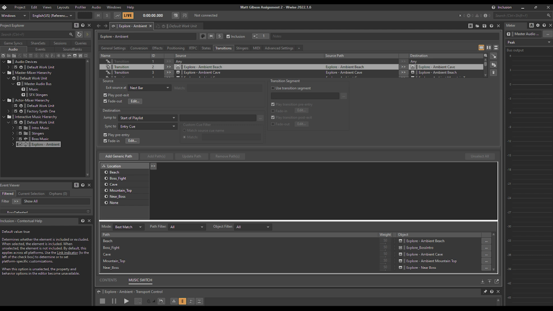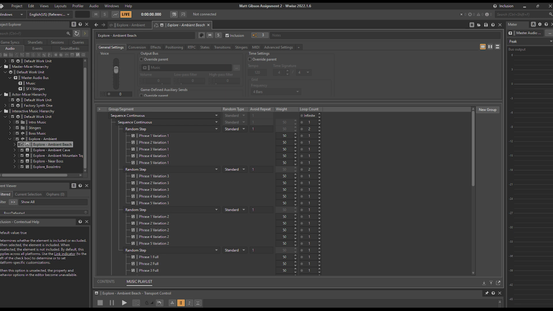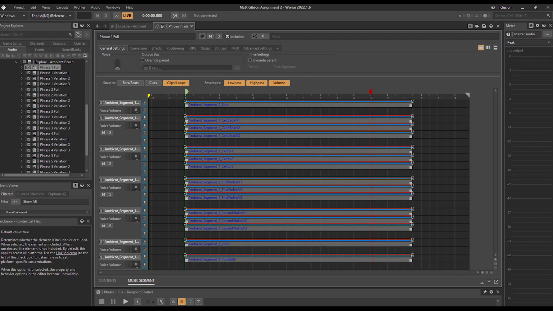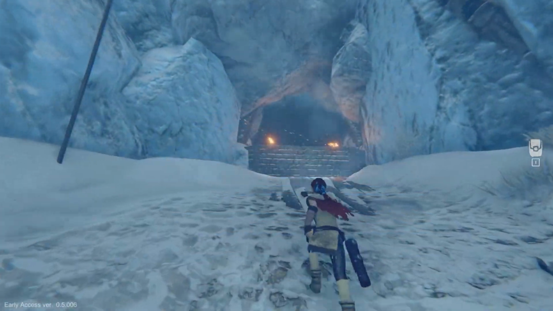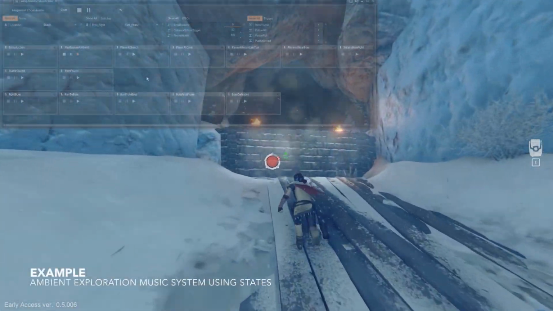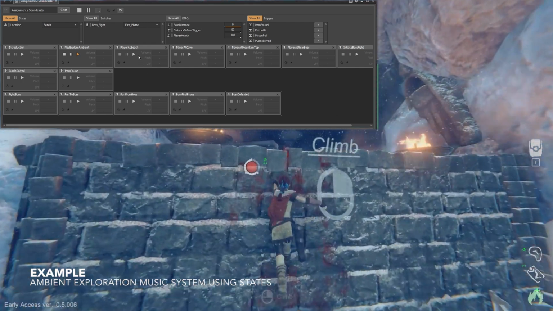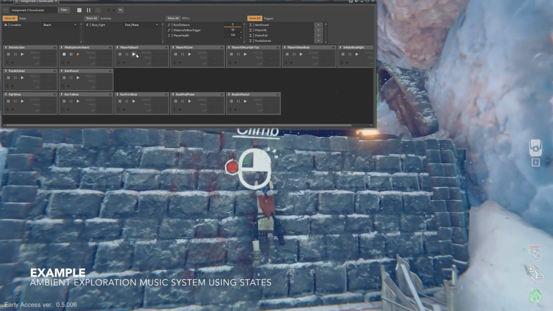The music is created generatively. Different musical phrases were written for the string section, and they are picked at random within the playlist. Furthermore, each member of the string section is broken down into random step tracks within each phrase's music segment to generate further variation and keep the music evolving. As the player changes location, so too does the instrumentation change to represent the locale.